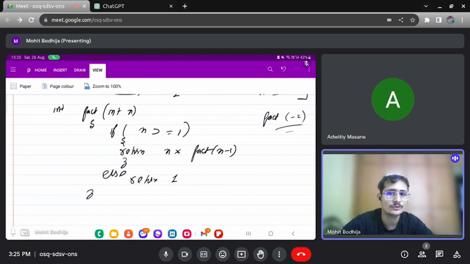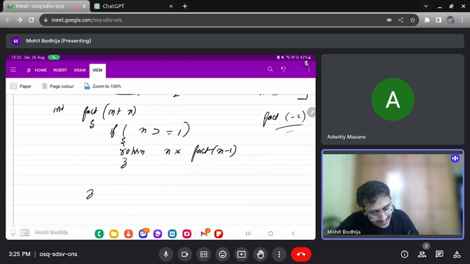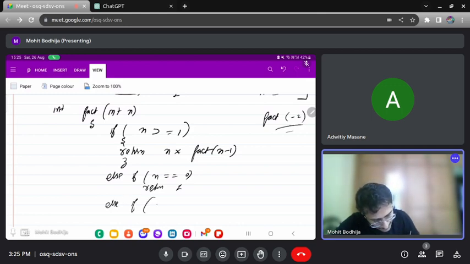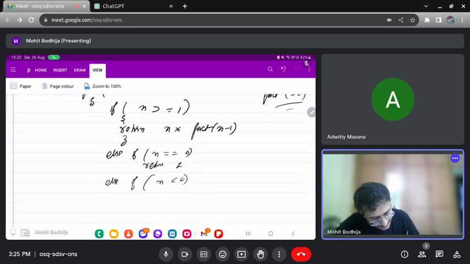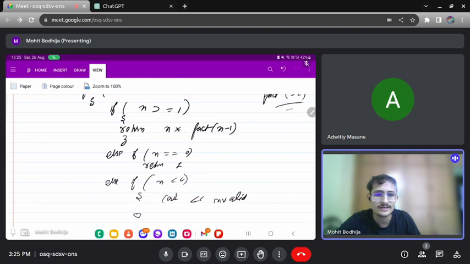Okay, so here you can also write a condition, like instead of writing else you can write: else if n equals 0, then you can return 1, and else if n is less than 0, then you can print: invalid number, because we cannot find a factorial of a negative number.